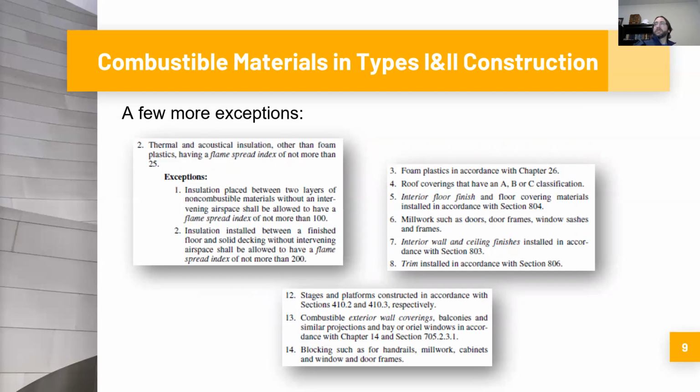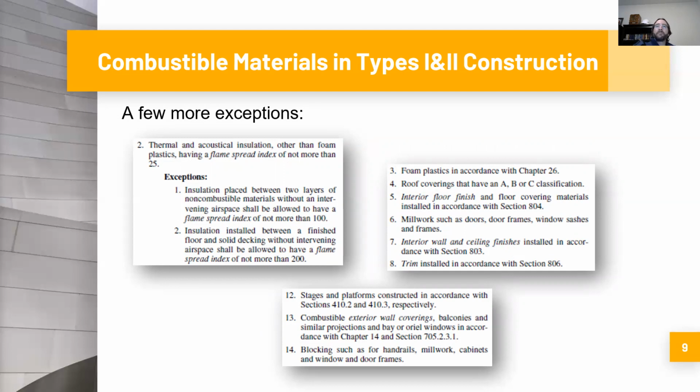Thermal and acoustical insulation. You've got foam plastic in accordance with chapter 26, roof coverings, interior floor finishes, millwork, interior wall and ceiling finishes, trim. These sorts of things are allowed to be combustible because these just have a much lower effect on the overall performance of the building